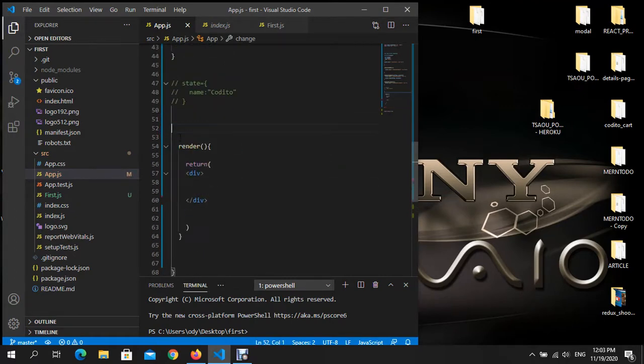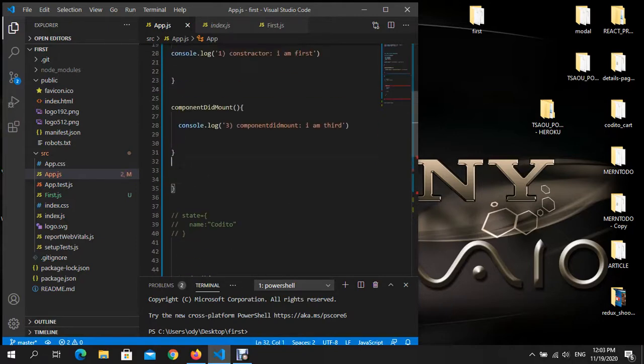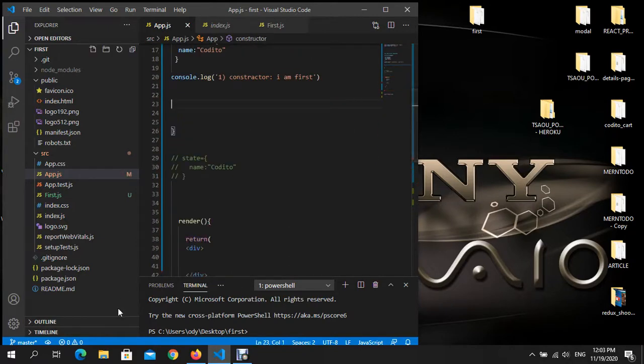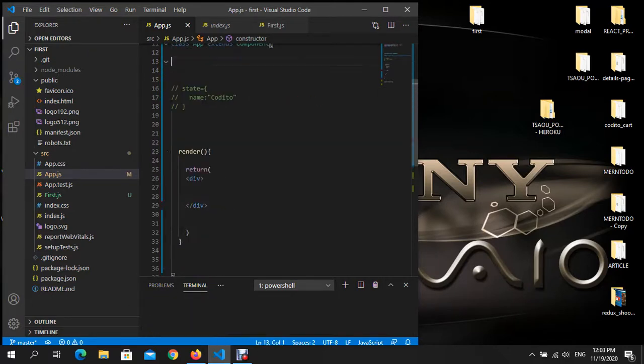The change, bye bye. Component did mount, did update, bye bye. Constructor, don't need this. Let's uncomment this, right? And let's write here situation. Let's put the false,